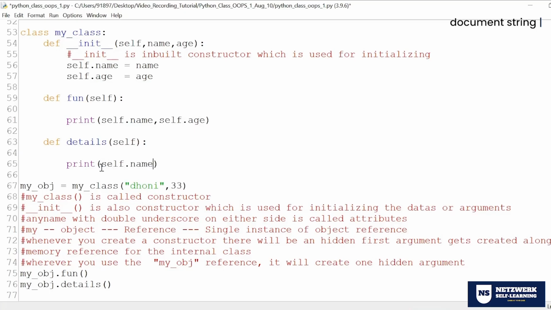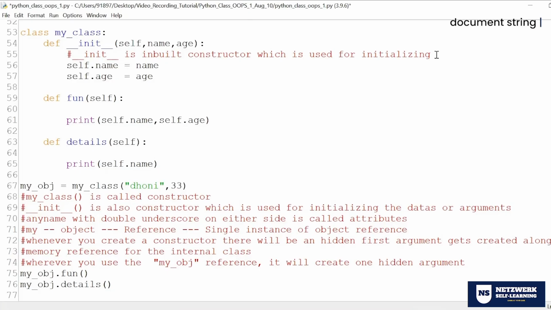So what is the beauty here? I'm taking lesser effort in passing the data because I'm not passing it separately to the function. Instead, I'm declaring both functions in a generic place so that whoever wants to access them can come and access them. There is no necessity for them to wait for me to pass the data. This is how it works.